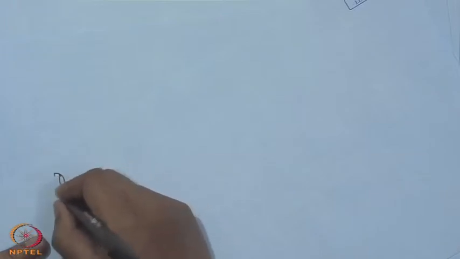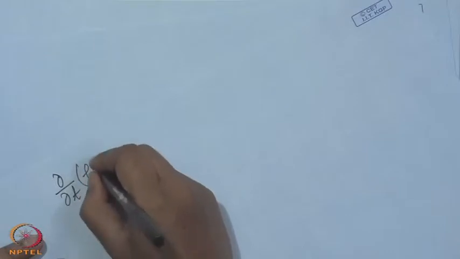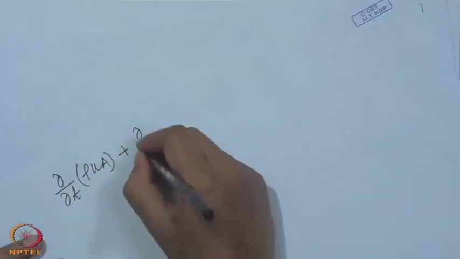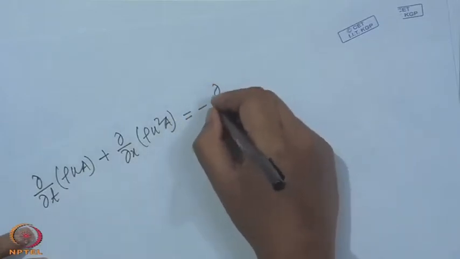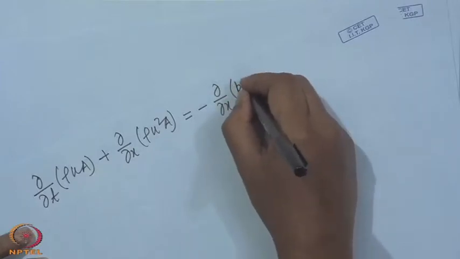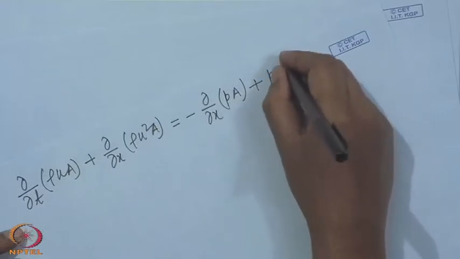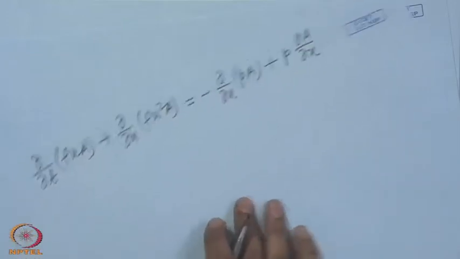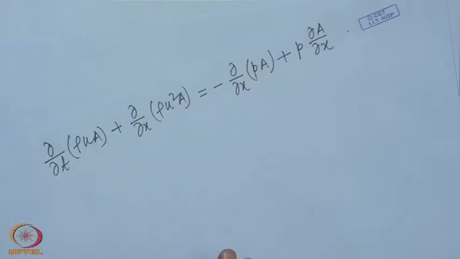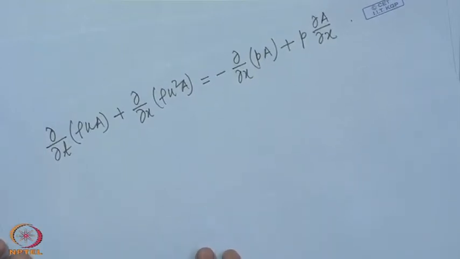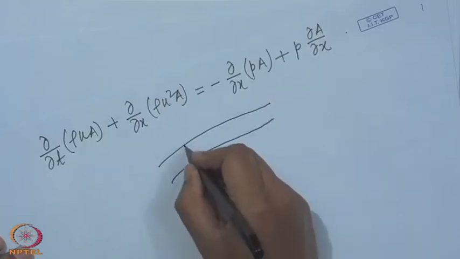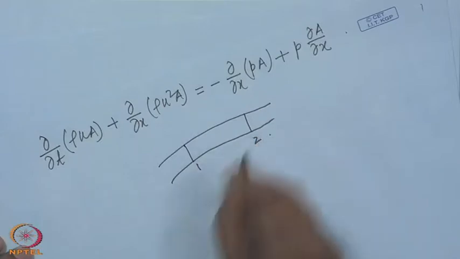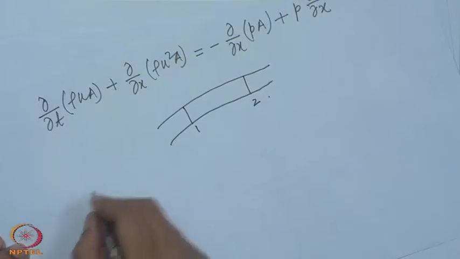The equation can further be changed by changing the right hand side to a different form as d dt of rho u A plus d dx of rho u square A. If this equation is integrated between two stations 1 and 2, the result becomes